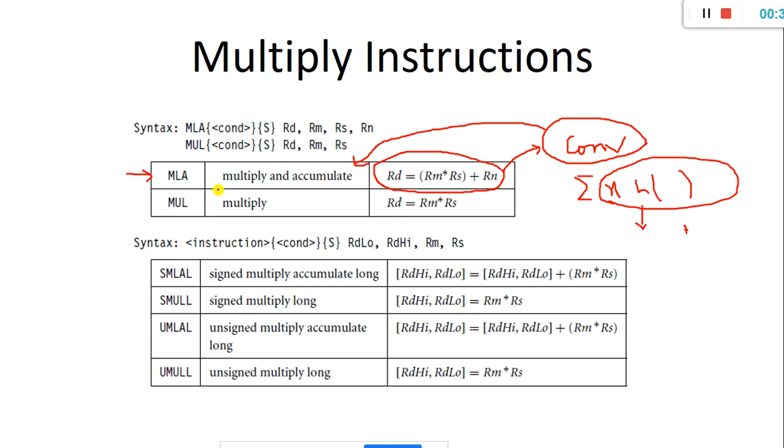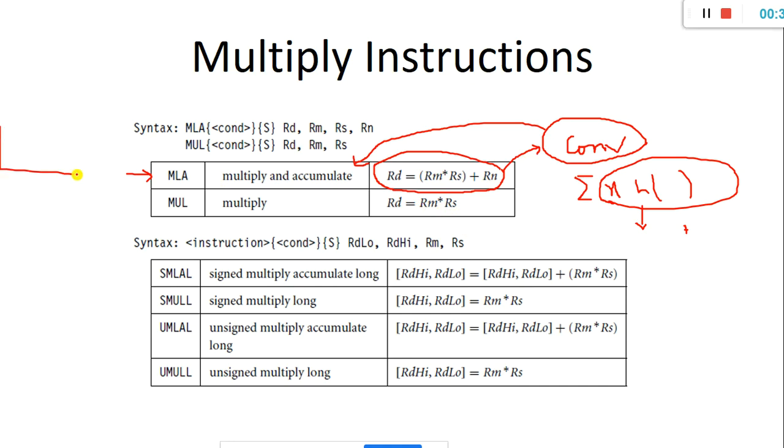MAC stands for multiply and accumulate. This multiply and accumulate is highly needed in most digital signal processing units, because you take a DFT, a convolution operation, or a filtering operation. All these operations, the mathematics behind them, is just multiply-add operations. Hence there is a dedicated unit in DSP processors, which contains a MAC unit, the multiply and accumulate unit.